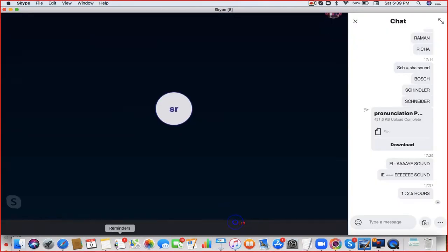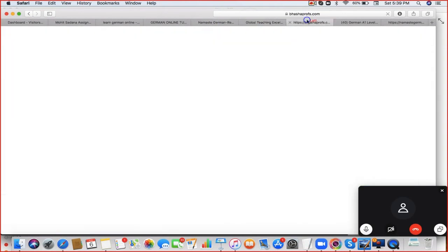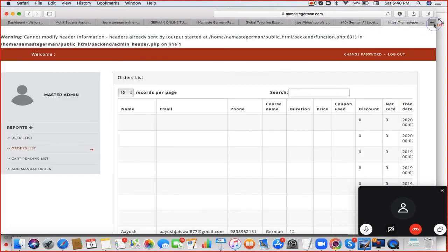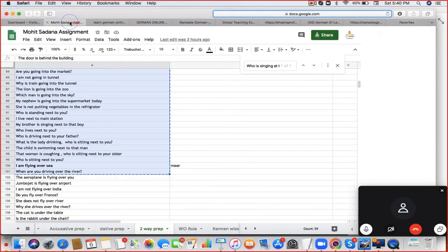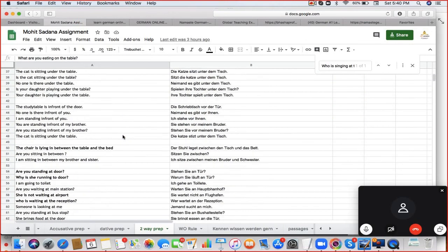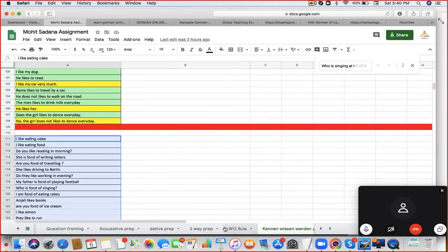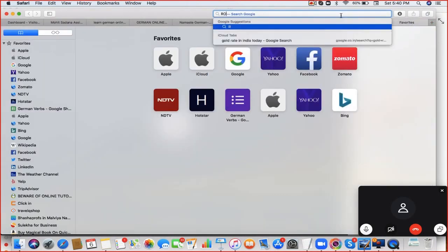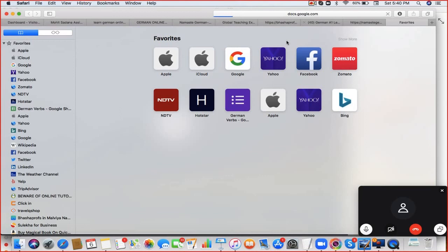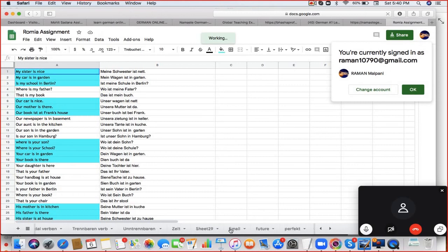Let me show you what kind of assignments we'll be having. Just see here, let me show you some assignment sheets. See this Google sheet, if you can see. Here you can see topic by topic the assignments done by this person. He is doing B1 currently. I can open many such sheets. We'll put all the class assignments and home assignments here, all topic by topic.